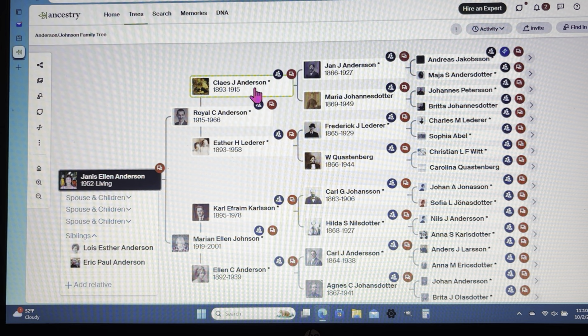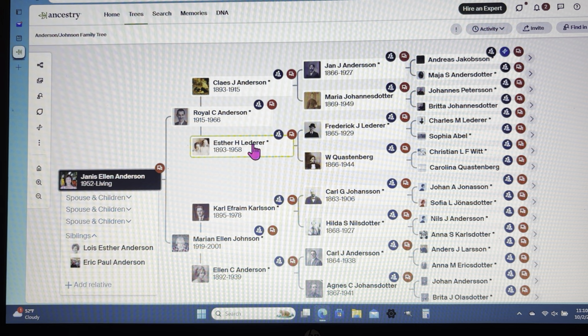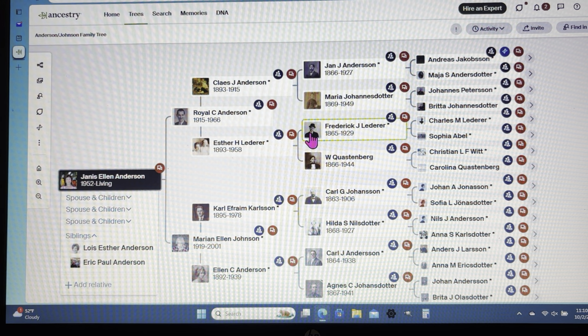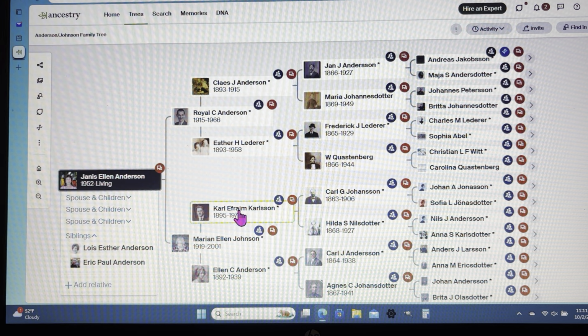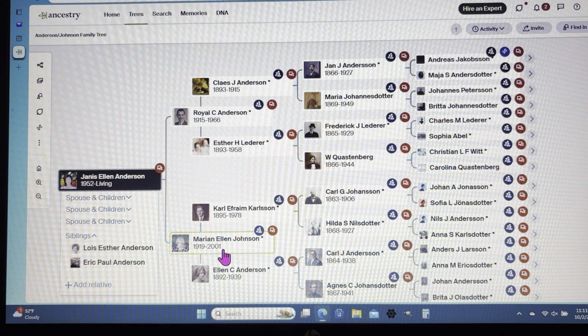Most of the folks here, as a matter of fact, if I can go, let's just briefly look. I don't know if this is pronounced Klaus or Klaes. This was my father's father. He was born in the United States, but his parents weren't. My father was born in the United States. She was born in the United States, but her mother was born in Germany. So Frederick was born in the United States. Actually, the Letterers were here the longest of any of the family in this tree. But Carl, my mother's father, was born in Sweden, and her mother was born in the United States, but both of her parents were born in Sweden. So here's Swedish folks, a German girl, an American man, and then two more Swedish folks.